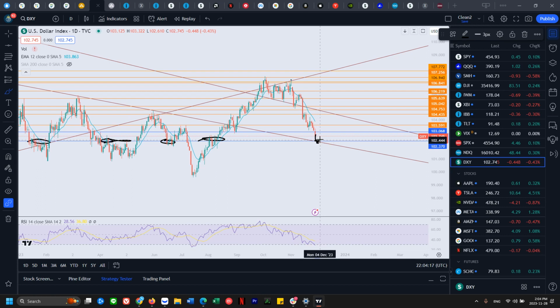There's a couple of supports here, so we'll see if we get a bounce. If we do get a bounce, I want to see a trend change, a big enough bounce where it can change the trend back in the bulls' favor. Not something like this, a very shallow bounce. There's also a very shallow bounce. This was big enough that it could have changed it, but it rejected from the 12 EMA. I just want to see a decent enough bounce. Otherwise, it would just make another lower low with a shallow bounce. So it's the size of the bounce when we do hit this 102.4 key zone.